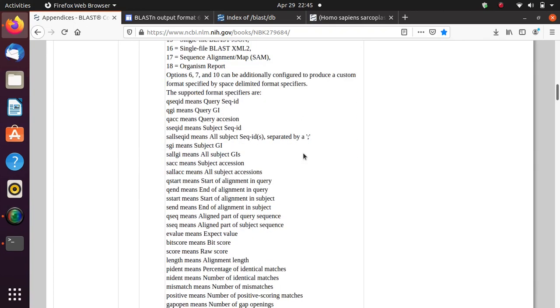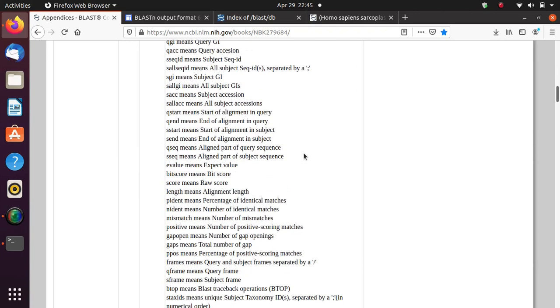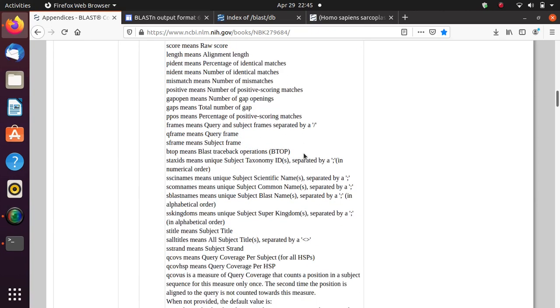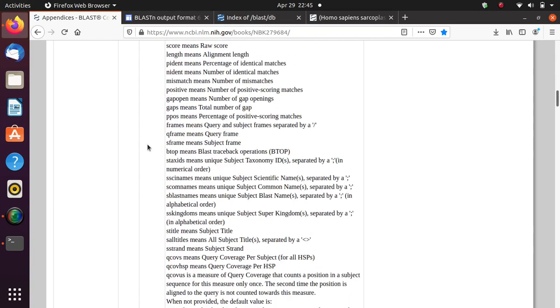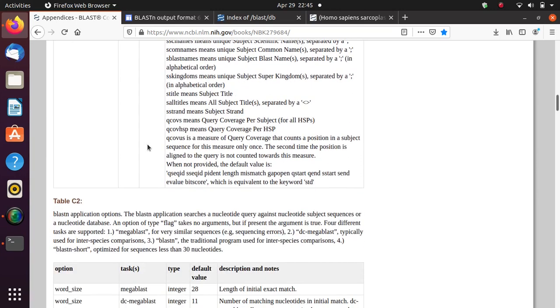So you could use all these arguments, like subject or subject and length, whatever arguments are printed here. You can go through this manual and choose the options which fit you.